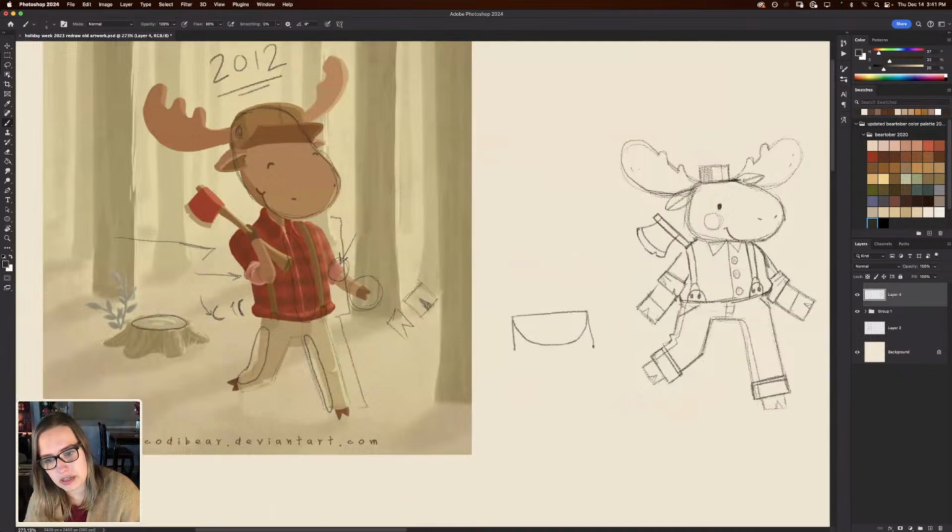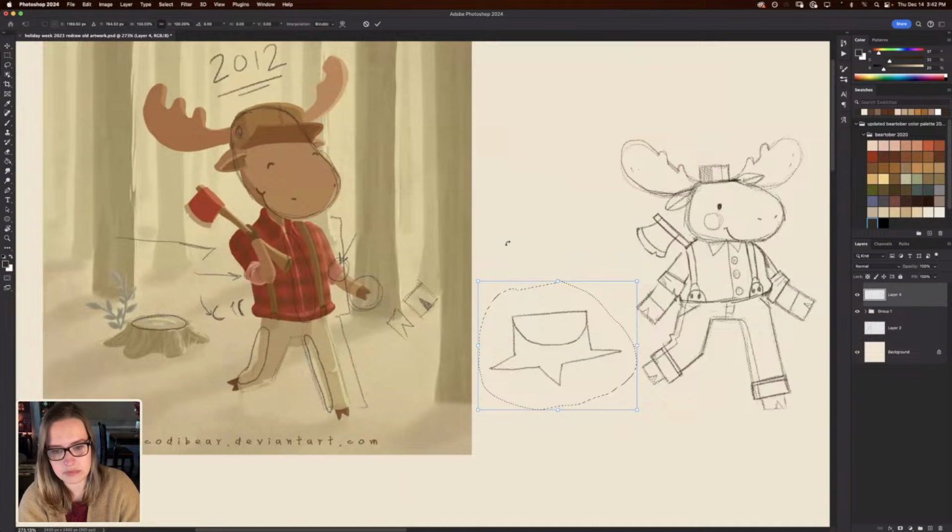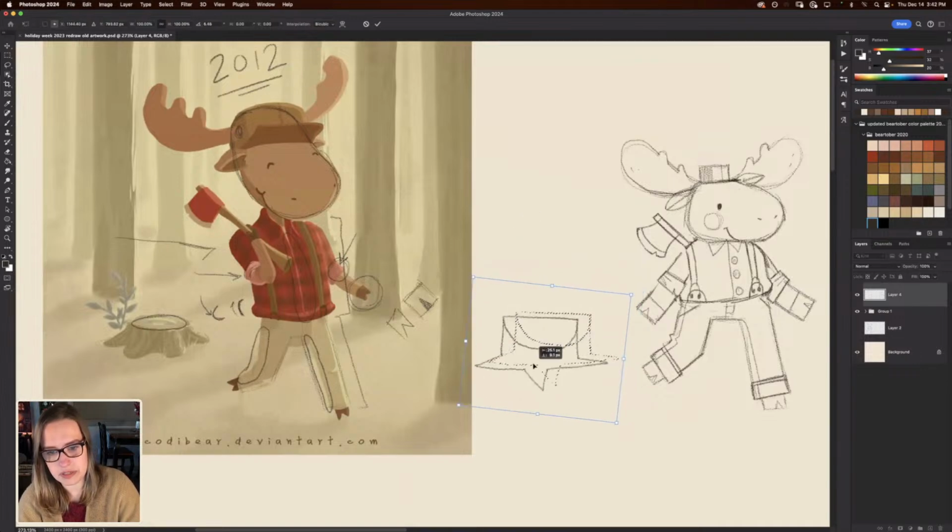Like we'll probably do something like this. And then we'll probably have little roots coming out like that. I'm gonna rotate a little bit here.